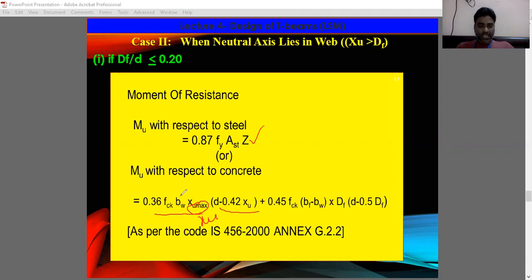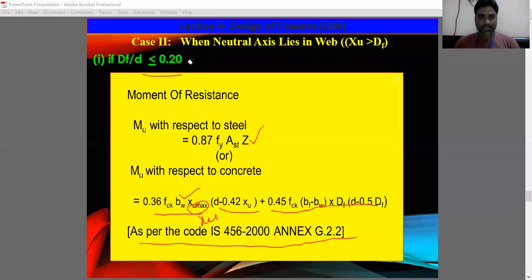This is the moment due to the web, and this is the moment due to the flange, with a factor of 2 here. Right? So this formula is already given in the lecture, G 2.2. Based upon that, we can calculate the moment of resistance for this case, that means df by d is less than or equal to 0.2. Right? So next case,